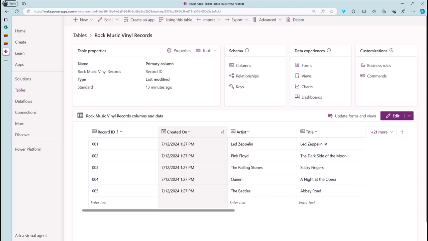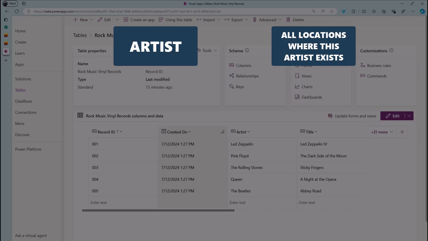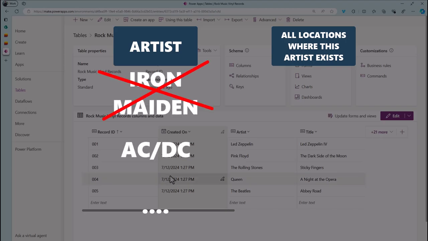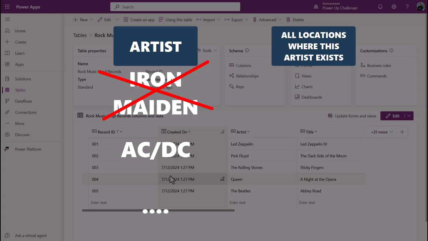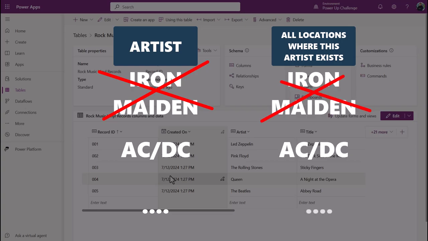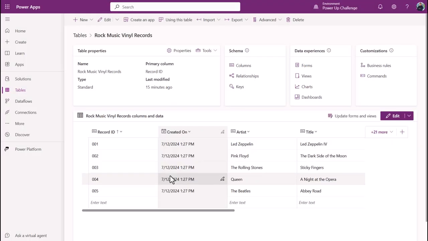However, here's the kicker. In my scenario, my DJ partner just dropped, and can you believe this, dropped Iron Maiden from the playlist. The moment that happened in the Dataverse, all items that were linked to that artist, if the relationships were set up properly, either get updated to Meatloaf, because they just edited it, or if they remove the record entirely and Iron Maiden no longer exist in my table, and I've set it up correctly, the related records in all other tables via their relationships also get removed. No rock orphans, no pile of Iron Maiden t-shirts at my first ever gig that nobody wants, leaving me out